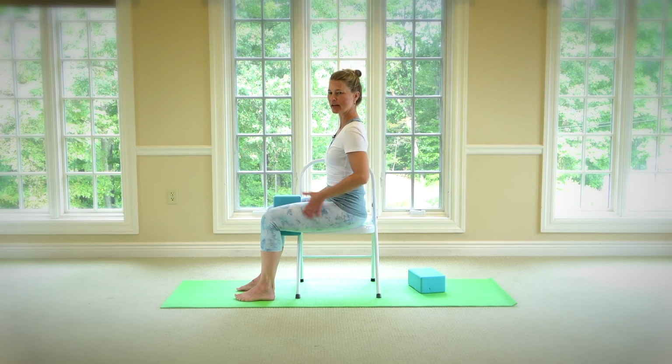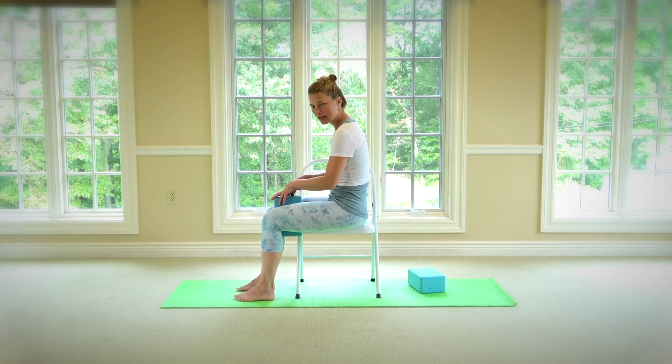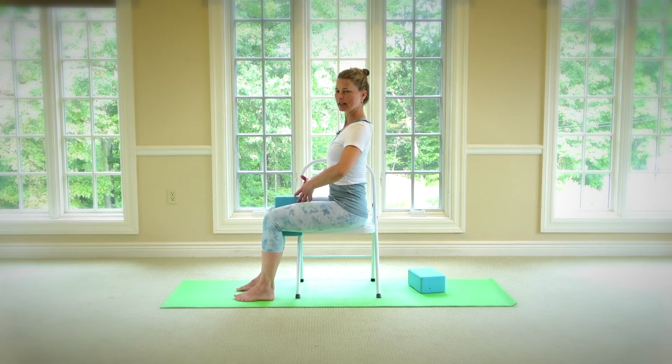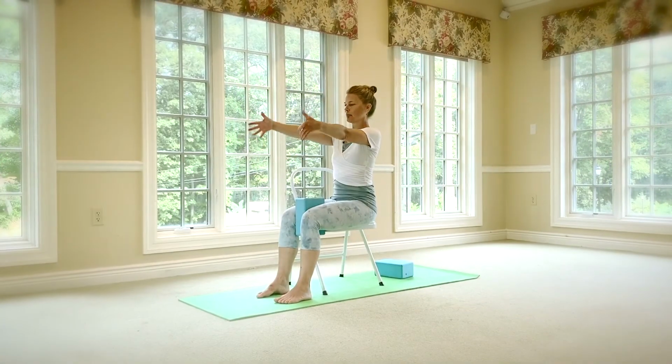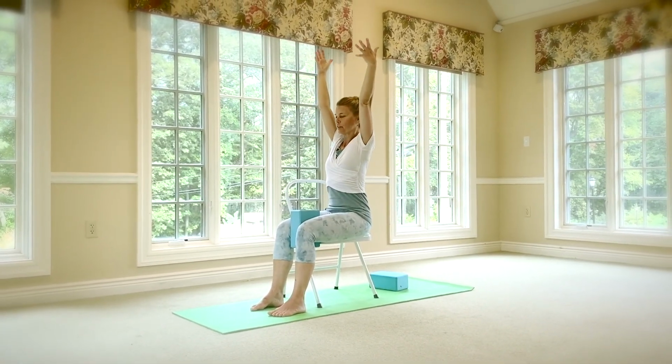Both sits bones grounded, nice and tall. We don't want to twist when we're forward or hunched. We want to always be nice and tall with the shoulders back, broaden the chest, chin tucked so the ears are stacked over the shoulders, shoulders over the hips. Good, and again, we're going to inhale, bring the arms up as we press into the feet and the sits bones,